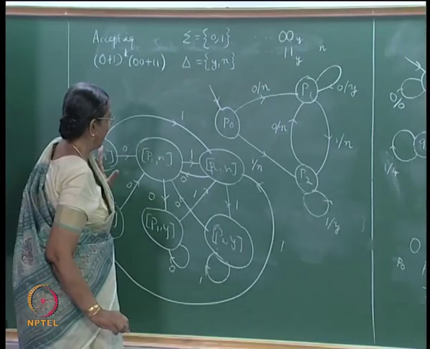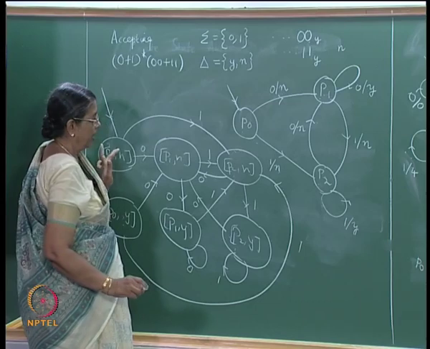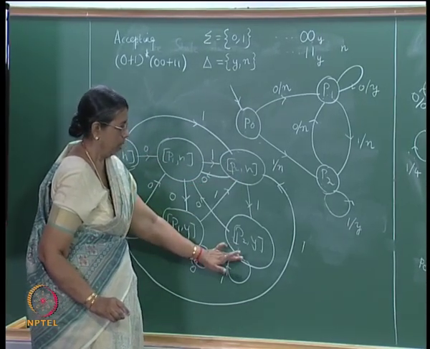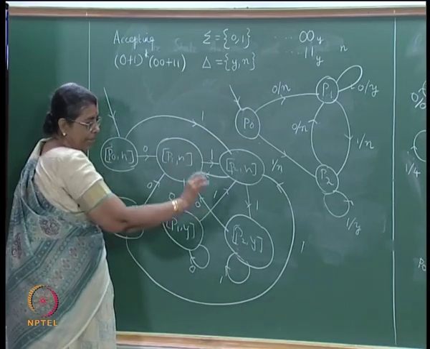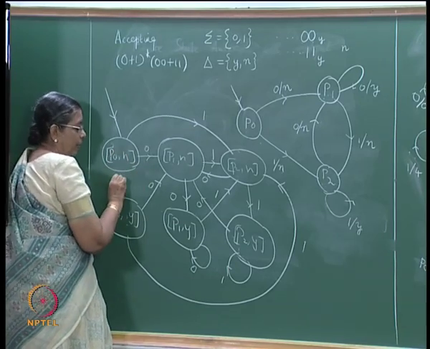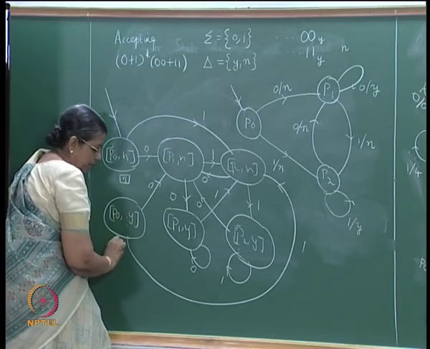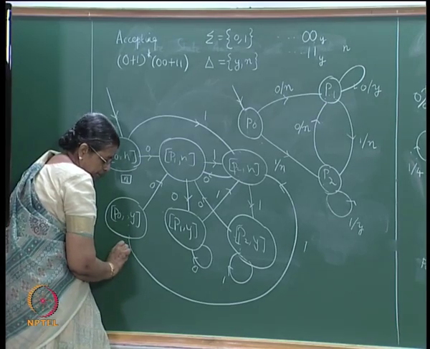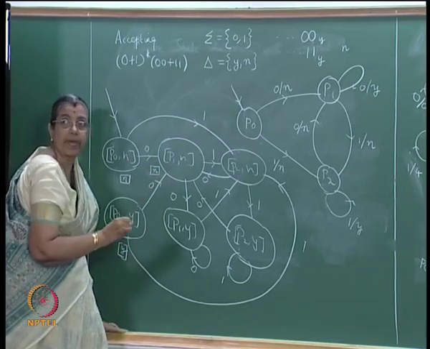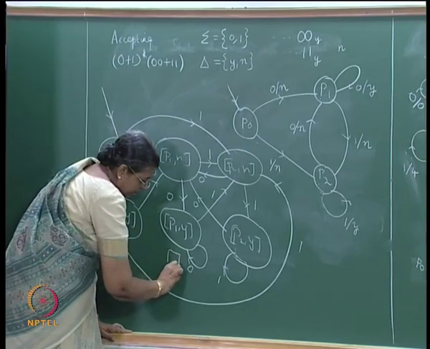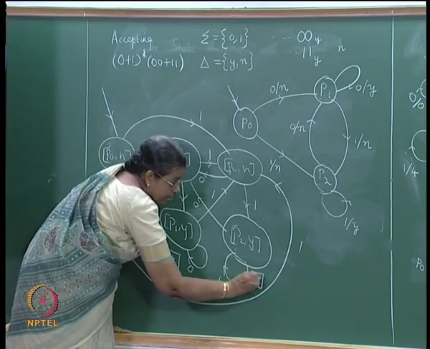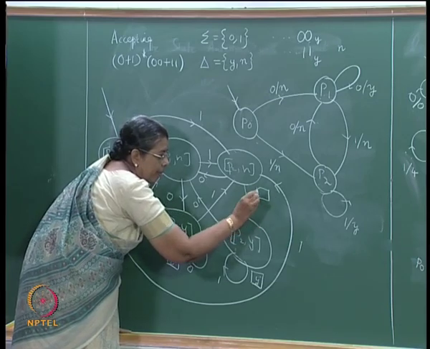In this case, if you get a 0, 1, 1 starting from here, 0, 1, 1, okay. And I have not marked the output here. The output depends on the state and it is the second component. So, the output will be n here, the output will be s here, it will be n, I am drawing within a square, and it will be s, it will be s here, it is the second component of the pair.